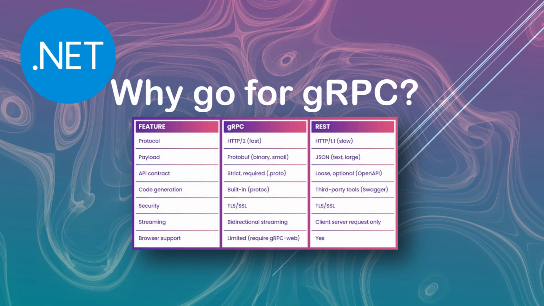Why go for gRPC? At the heart of gRPC is something called protocol buffers. This is basically a super compact and efficient format that gRPC uses to send data. Compared to REST APIs that rely on JSON, gRPC is faster and more lightweight, perfect for when you need speed and efficiency. But there is more. gRPC uses strict typing with protobuf schemas, which helps catch mistakes early and keeps communication between the client and server consistent.